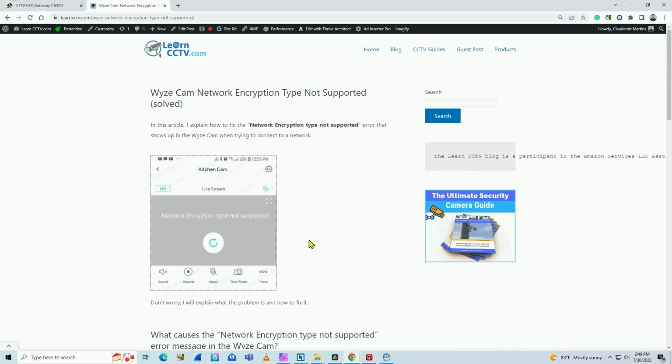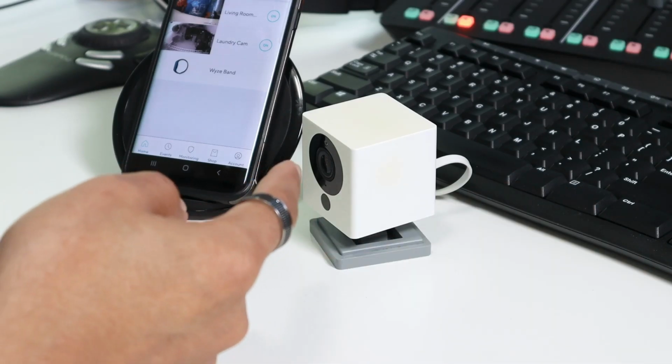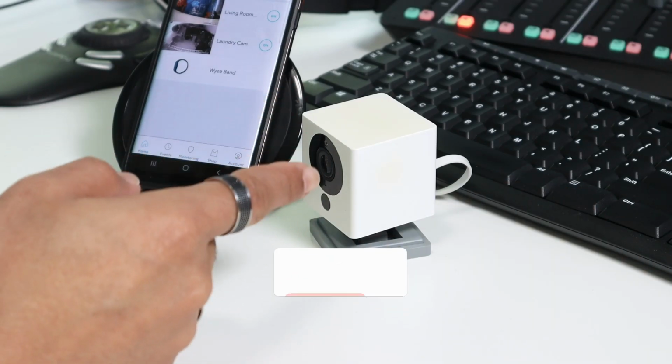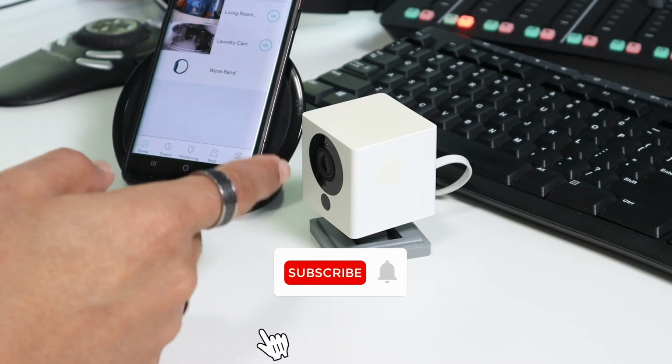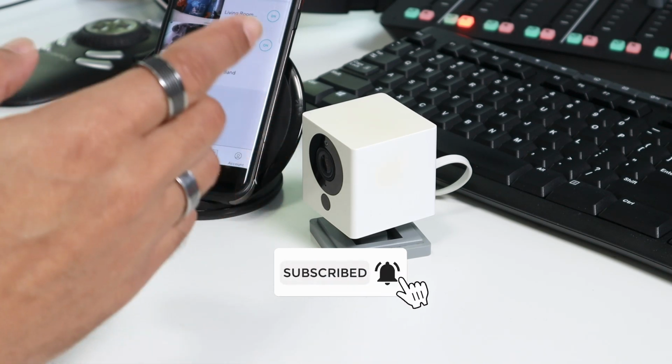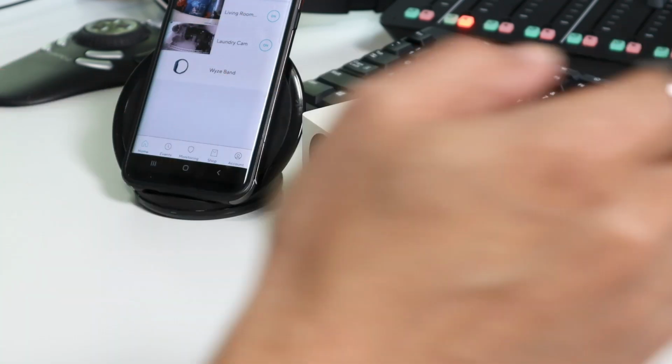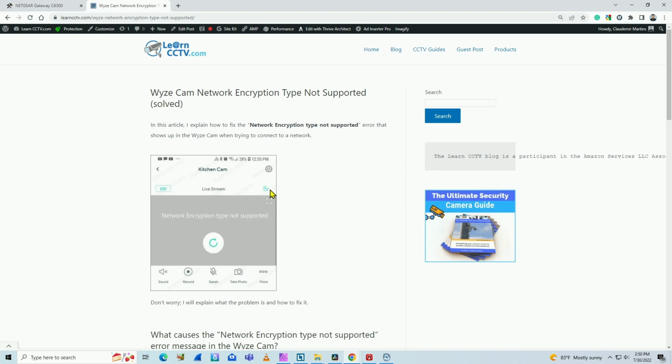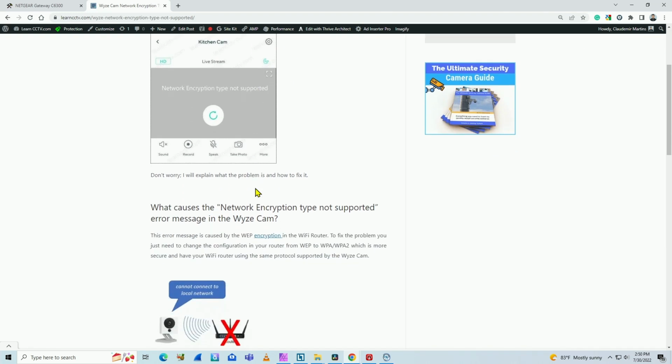In this video, I'm going to show how you can fix this error on your Wyze Cam, the network encryption type not supported. As you can see here, I have my Wyze Cam connected to my network and it's connecting to my Wi-Fi router. But you need to make sure that you're using the encryption correctly, okay? So back here to the screen, as you can see, I have an article that explains that when you come